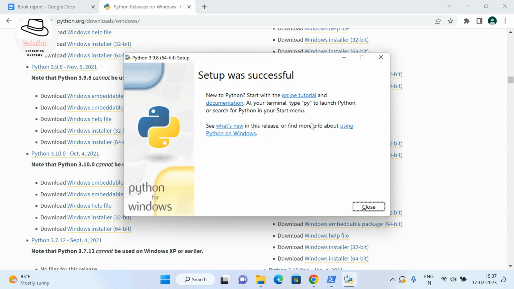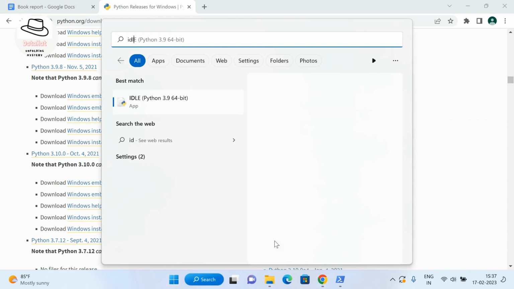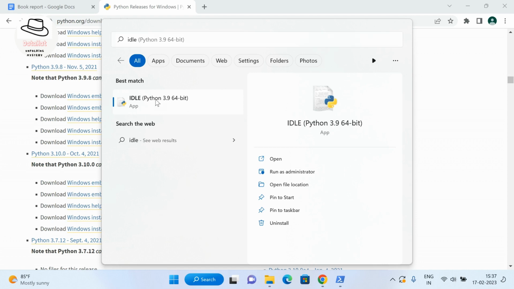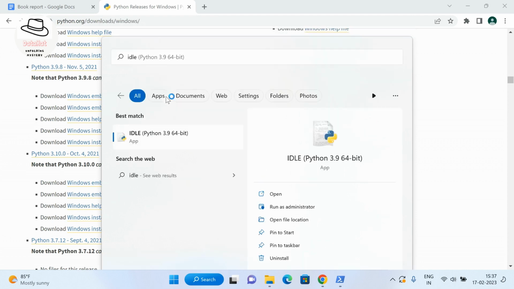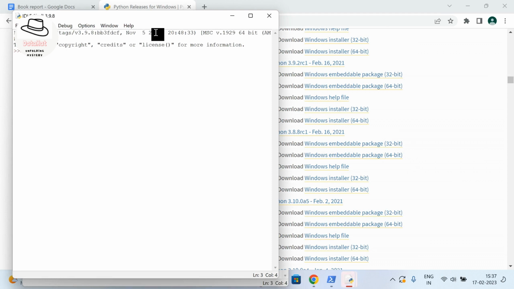Now our Python installation, IDLE setup, is complete. We shall close this window and check in our shortcuts. We find that Python IDLE is present. Let me just quickly open it up and show you how it looks. This is the Python IDLE. It is an interpreter based environment wherein you could type any command and press enter to execute it, right? You could specify a variable, 5 plus 5, then print it, it prints 10. Okay, this is how